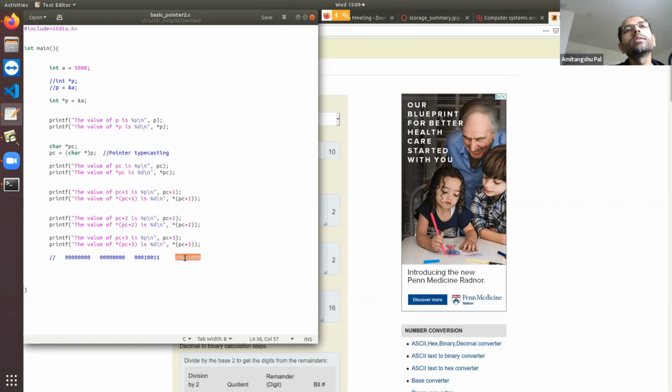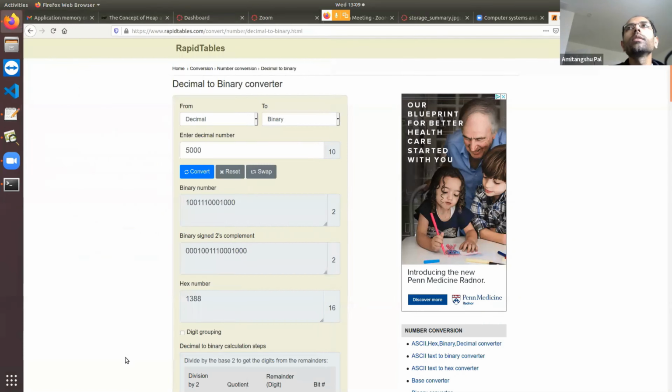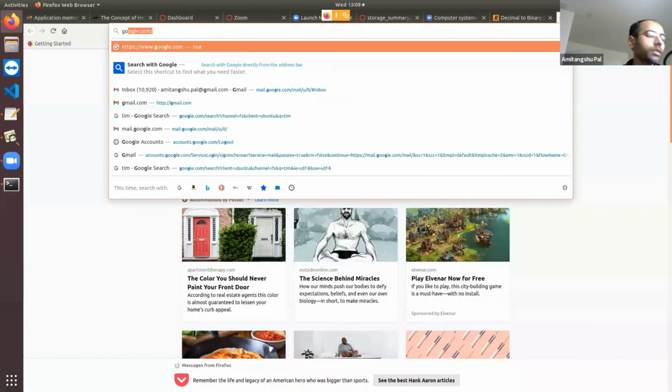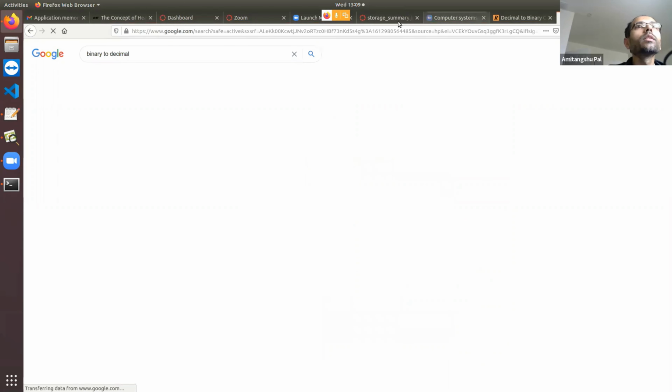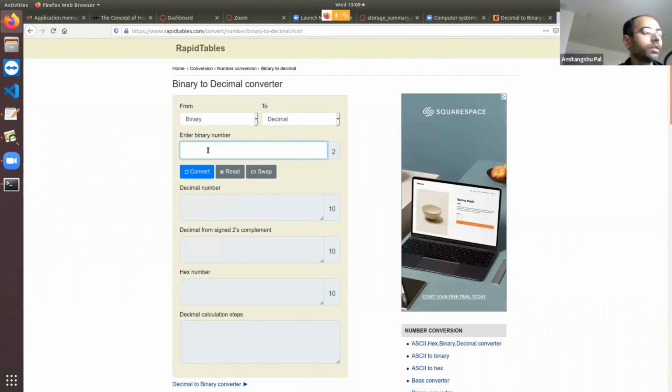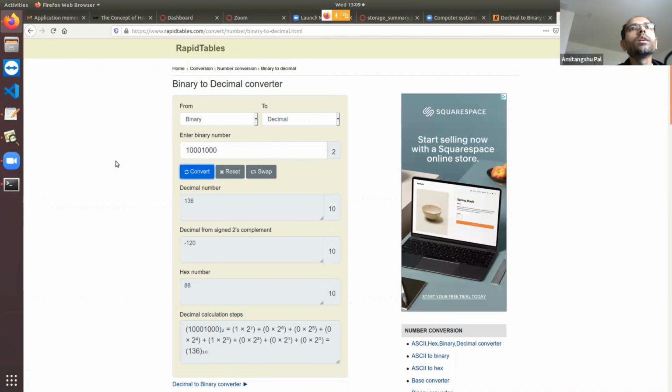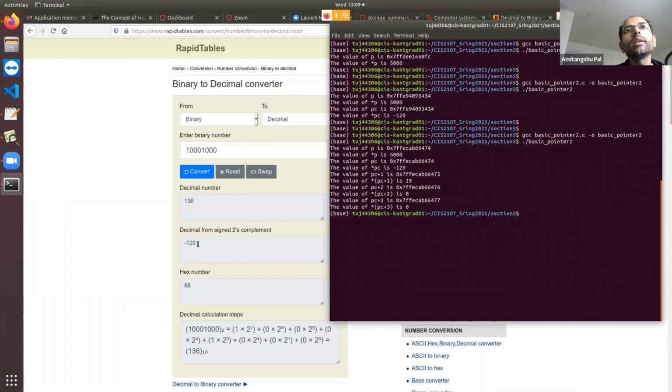Okay, so let's convert these individual bytes to decimal. Let's convert binary to decimal. The binary to decimal value is showing as minus 120. We'll see that this minus 120 resembles this value.